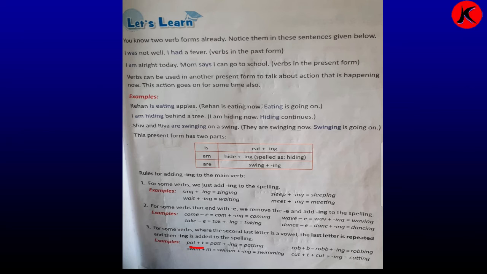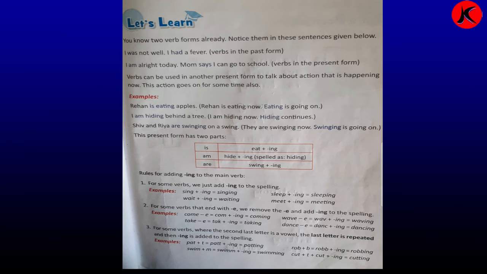तो हमने और क्या किया, उसके बाद प्लस T है तो हमने यहाँ पे क्या लिखा, PATT और प्लस ING, तो क्या बन गया, patting. Next one, ROB, rob. वो जो है O a vowel है, right. तो B हमने उसके साथ ऐड किया तो डबल B हो गया. So you can see over here ROBB plus ING, तो क्या बन गया, robbing.